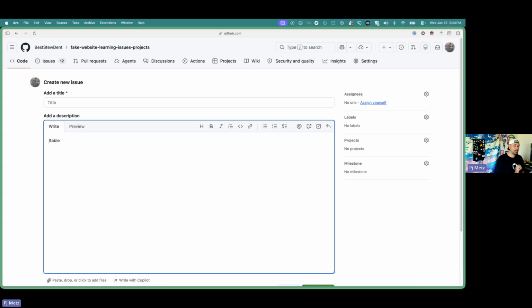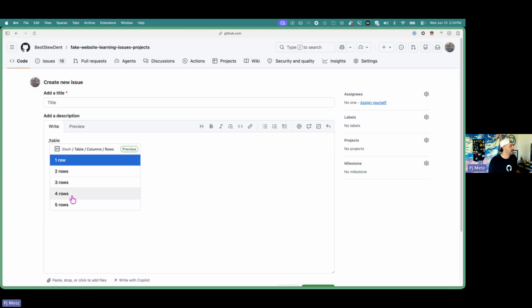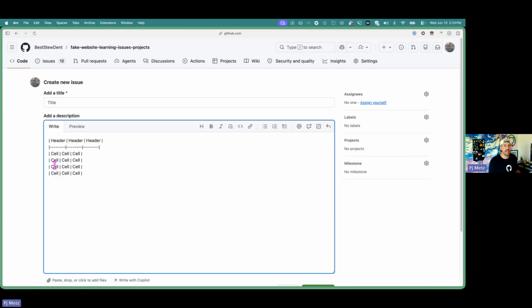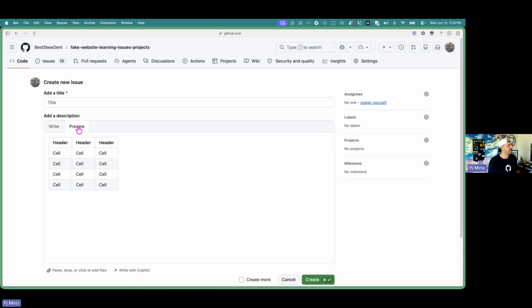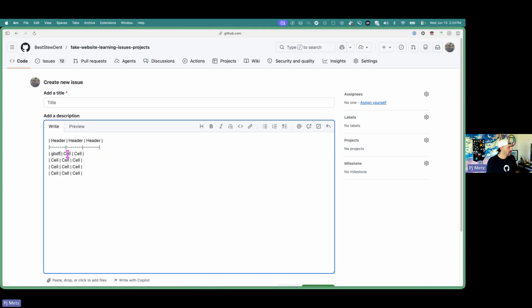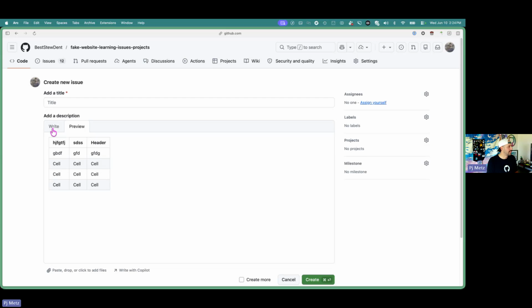One of the cool things we do have inside of GitHub Markdown are called slash commands. And with Markdown, you have a few things you can do. A Markdown table, some of you may have seen that you can do tables. You do a table, you can say, I want it to be 3 columns and I want it to be 4 rows. And it makes this table for you in Markdown that when you look at preview, you have a nice clean table here that all you have to do is change what's inside of here. And you'll see it makes a nice, neat little table for you.